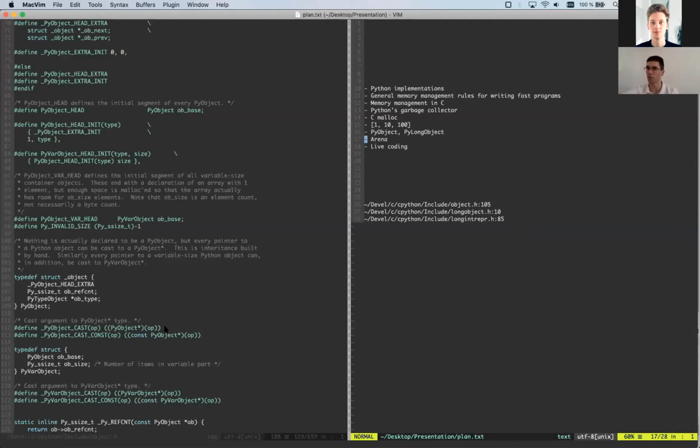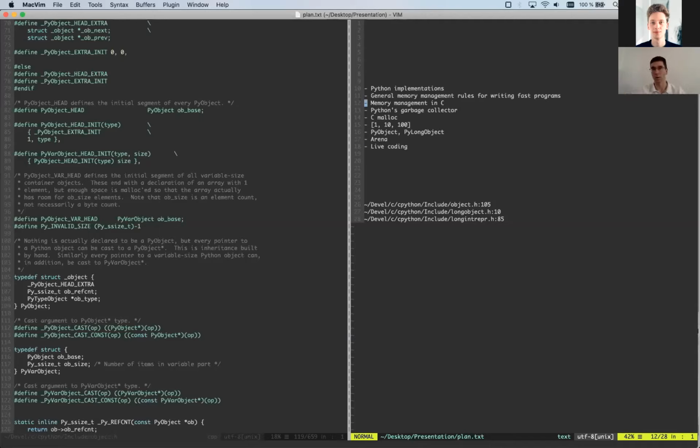And that memory is not released. So Python is managing that memory instead of the operating system. So let's say you have a function with 10 to 20 variables inside. If these variables are small enough, they are all going to live in the same arena, which means they are nearby in memory, which means CPU cache misses are less likely, which means the Python program is going to be a little bit faster thanks to that.